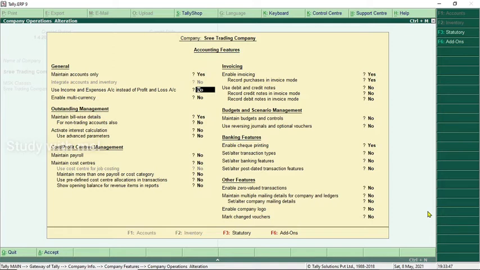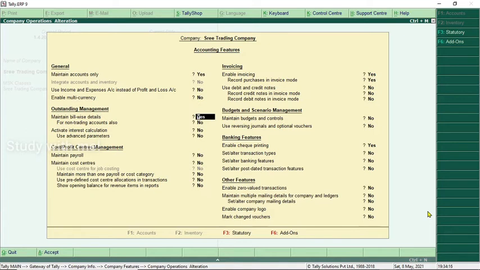Use income and expenditure instead of profit and loss account. It is used for Section 8 companies, which are for non-profit organizations. I'm going to make another video on it, and if I have recorded it before you are seeing this, the link will be in the description. Otherwise, it will be in another new video. Once you subscribe and press the bell icon, you can get all the updates.